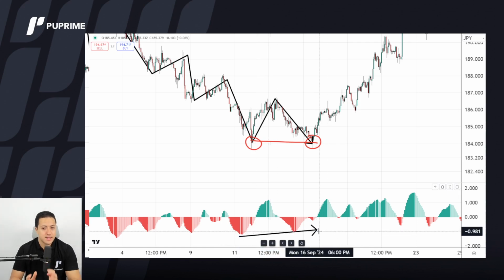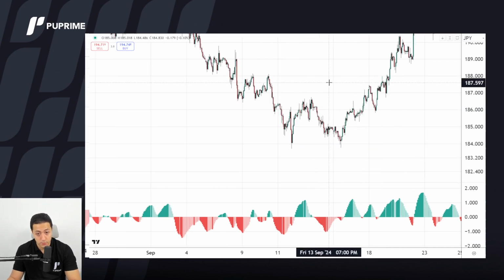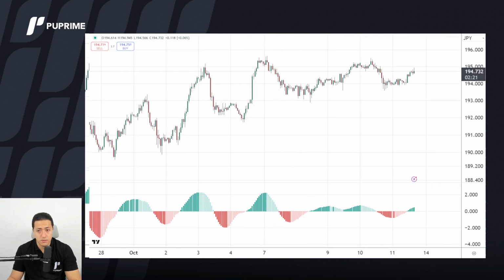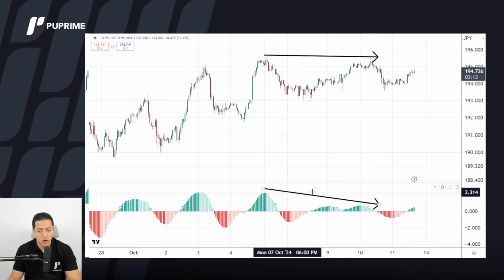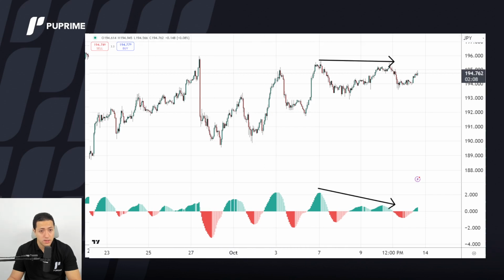I mean, it's not a textbook example because it's not a lower low on price while momentum is moving higher. No, momentum is moving higher even if prices are moving in a sideways range. So it's still a divergence because the momentum is not following exactly what's happening with the prices. What else? Simple. You see this one? Again, equal high, momentum is showing lower high. That's a good example, by the way, because it's a pound yen.